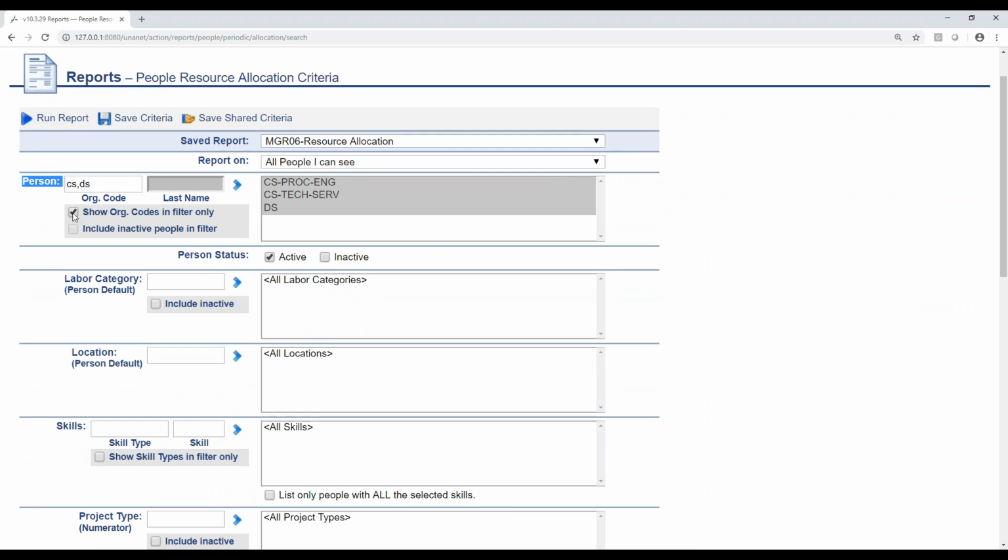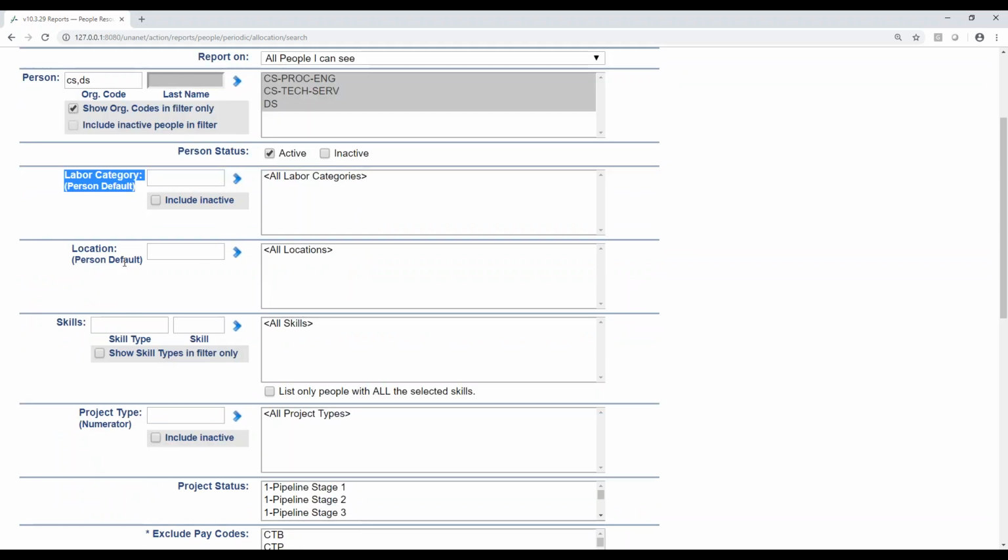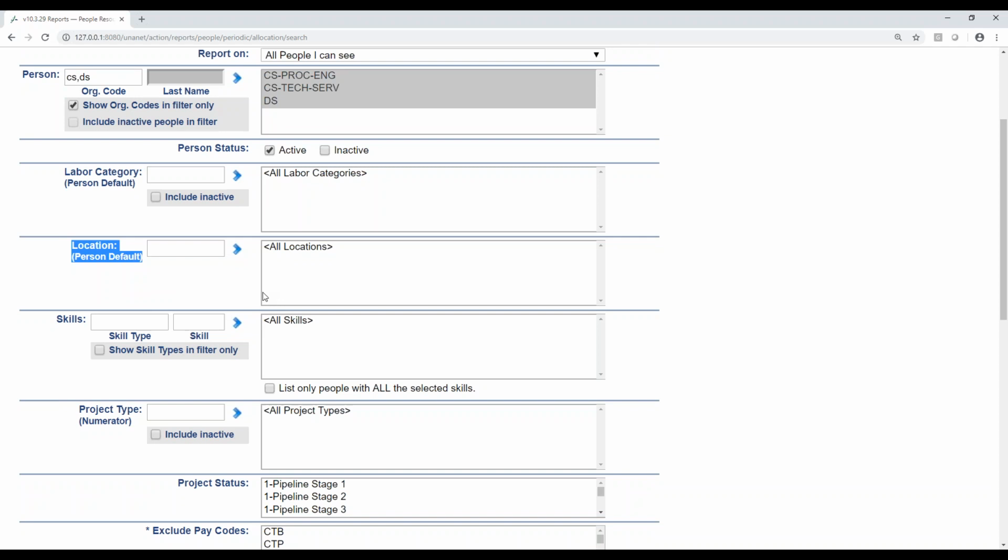So let me give you a sense of how the reporting works in Unanet. I can run this report, run this query, based on a specific organizational group, a department, a team. I could search for a specific person if I wanted. I could run this report based on a specific labor category. That labor category might be manager, project manager, business analyst, whatever that might be. It might be the category at which you invoice people. The location here: if I have somebody sitting in Colorado, somebody sitting in Arizona, I can search for different people based on those locations. I'm looking for someone in Florida.